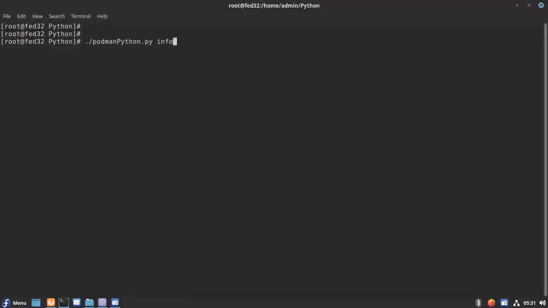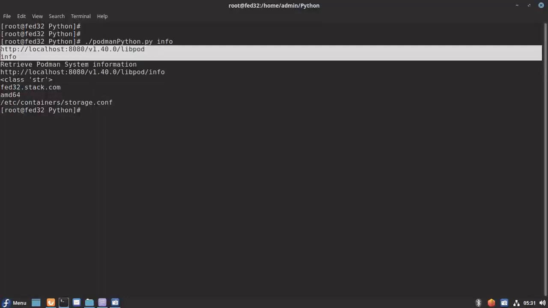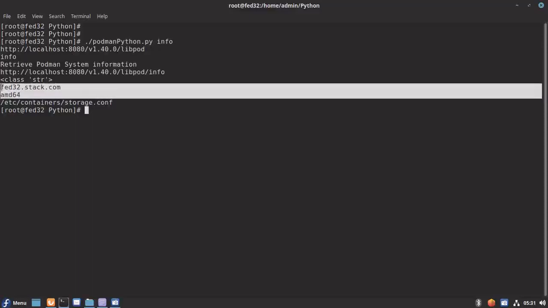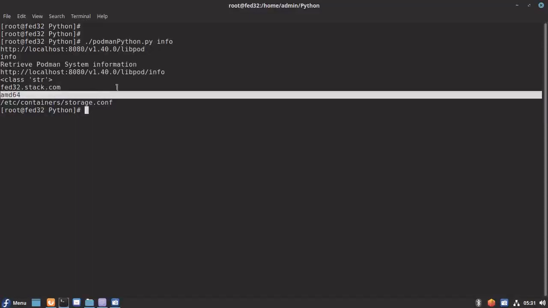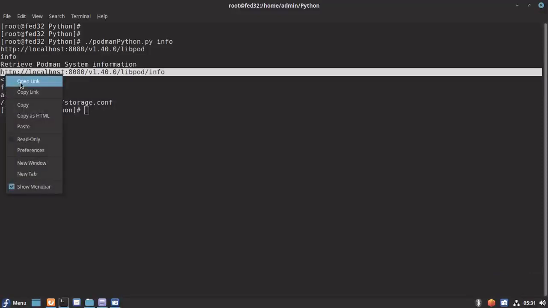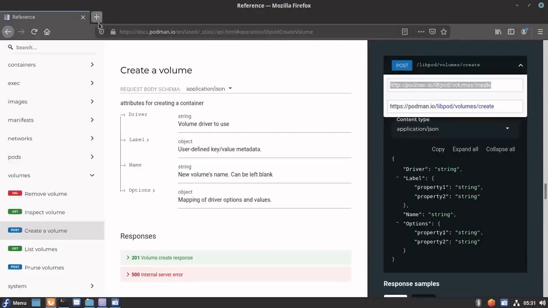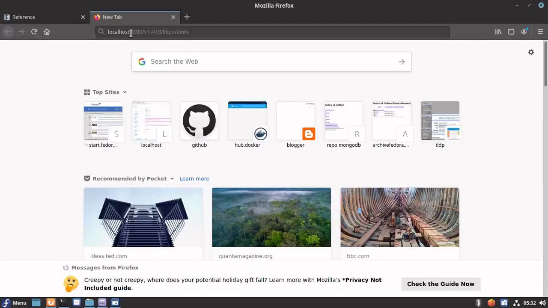So let me try to fetch the info. I'll just ignore the print statements I added, but let's get into the details of this output. Basically the info service output, let me open it in the browser.